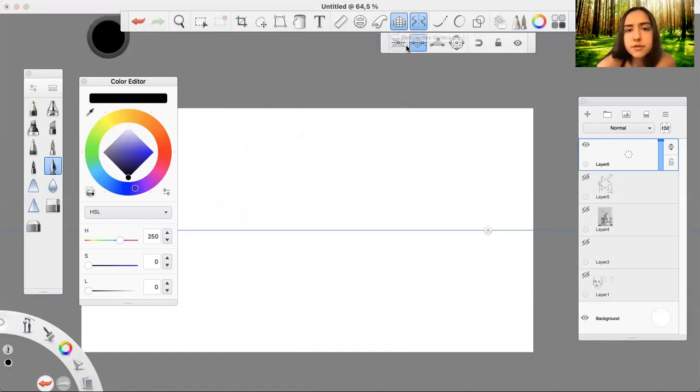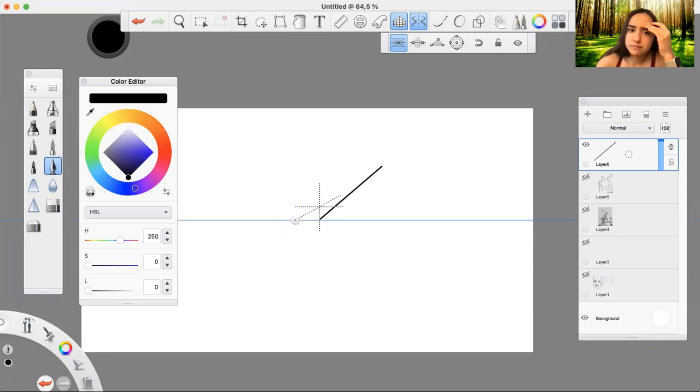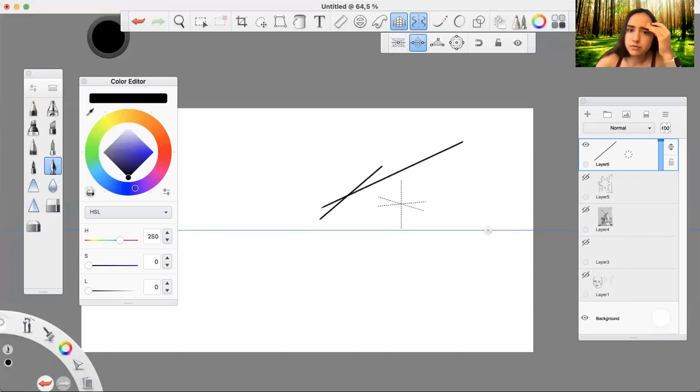This one is, as it says, perspective guides. This is more complex. I'm not going to talk about this one because it is used for drawing specifically. If you are an architect or something, or if you are studying something like that, you can use this for drawing because it's really useful. For example, I'm just going to move this here. Yeah, I'm not going to talk about this one, but like you can see